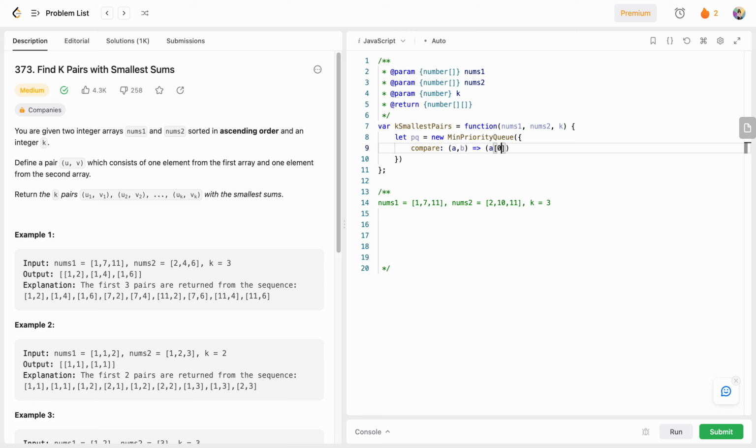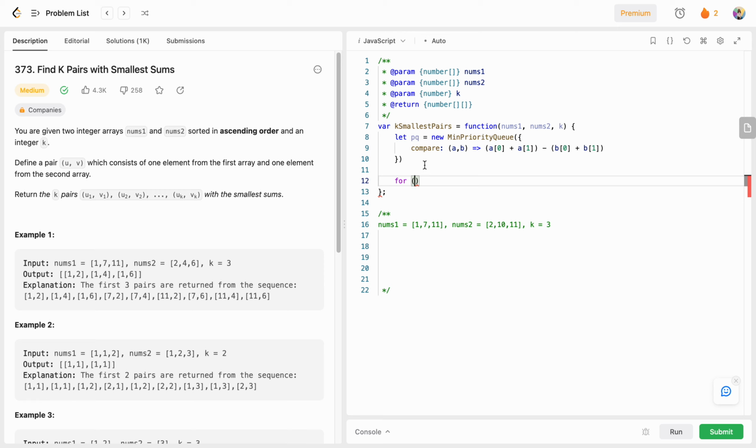We take the sum of a0 and a1. So a0 is the first element from nums1, a1 is from nums2. Okay, and we need the smallest one, right? So b0 plus b1. Between these two we are going to get the smallest one. The compare function will return us that, and now we are going to push to our